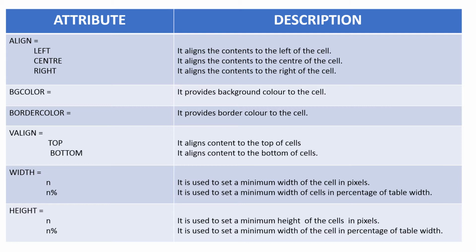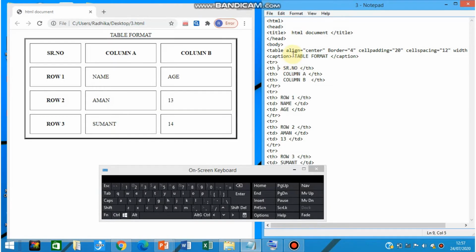Okay, we will see how to use these attributes inside the table row or table data tag. Now we have seen how to apply the attributes inside the table tag. Okay, in last class we have seen that. Now we will see how to apply the attribute to a particular cell of the particular row. Suppose we want to change the background color of this cell. Okay, it is what is written serial number. Suppose I want to apply the background color as red in this cell. So this is the first row of the table.